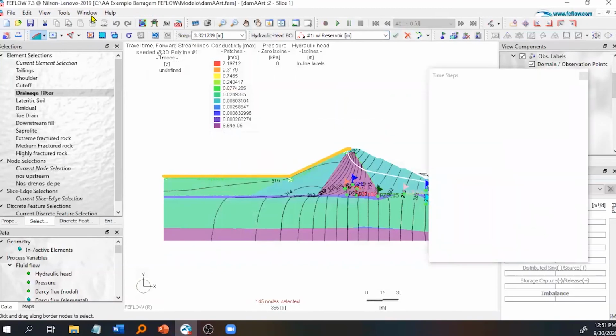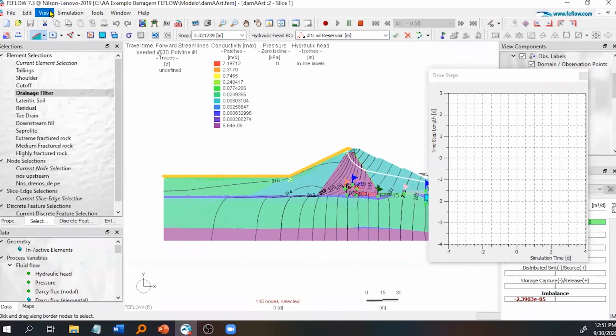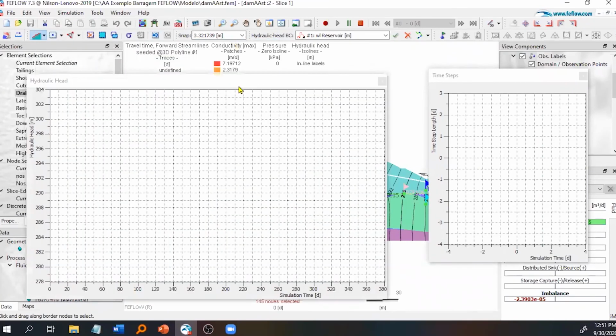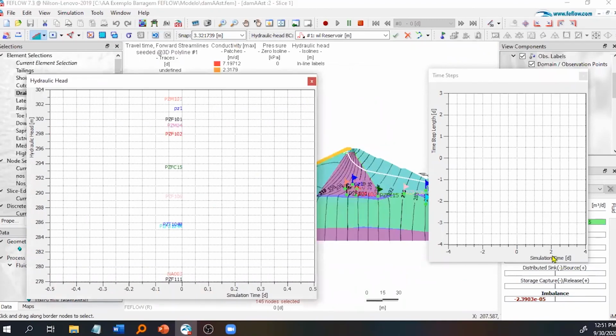I have the varying time steps and I will have the varying heads as we should. So it will start with a small time step, but then it will start to increase the time step, and in the end, we are going to have the variation of head with time, and basically,